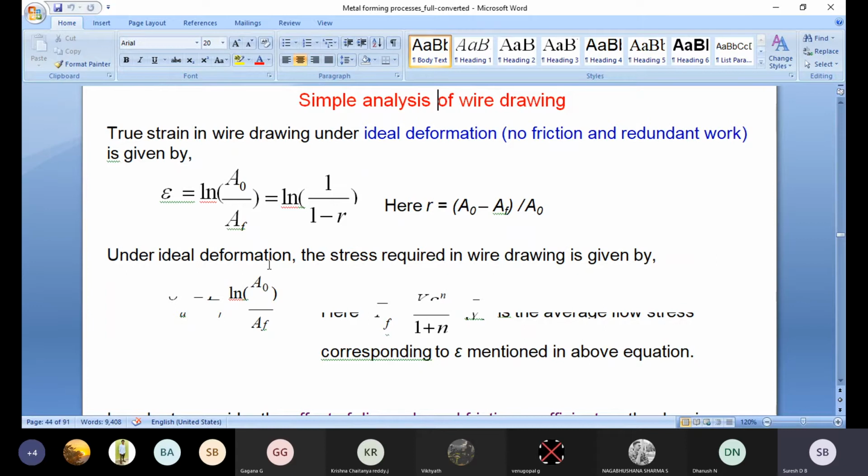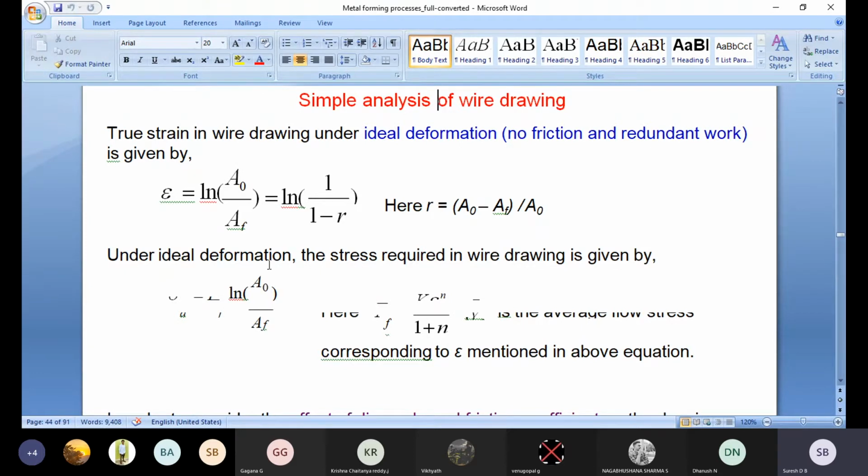What are all the external forces acting on any component? So many forces are acting between the die as well as the workpiece material. Here also, some strain is produced in that particular component along the x direction, or along the longitudinal direction, because along the longitudinal direction only the material is moving. Due to the x direction force, the strains are also produced along the x direction only.